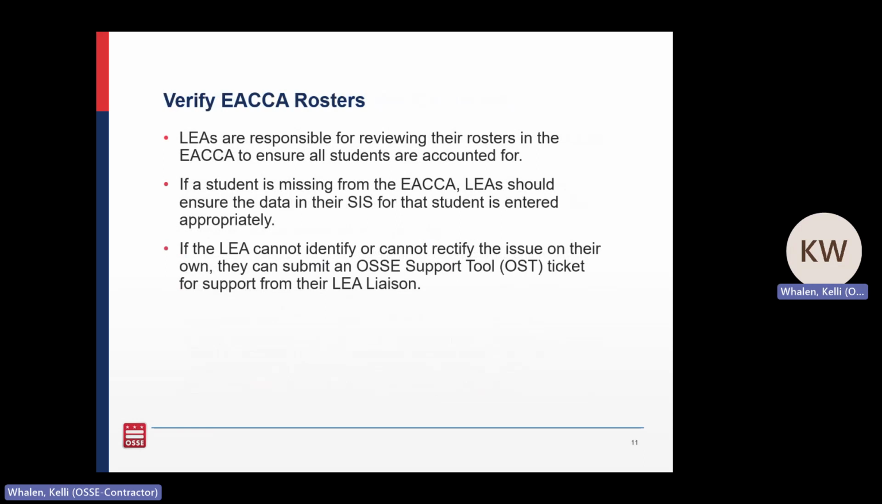And then lastly, another really critical piece of pre-audit data prep is verifying your EACCA rosters. From the moment you get access to the EACCA, you should start looking at those rosters. There is usually some troubleshooting that has to be done. Sometimes student data is incomplete and you didn't realize it, or there's an error and you didn't realize it, and that's going to prevent them from appearing in the EACCA. If they're not in the EACCA at the time that you certify, you cannot get paid for their enrollment. So review those rosters all the time,